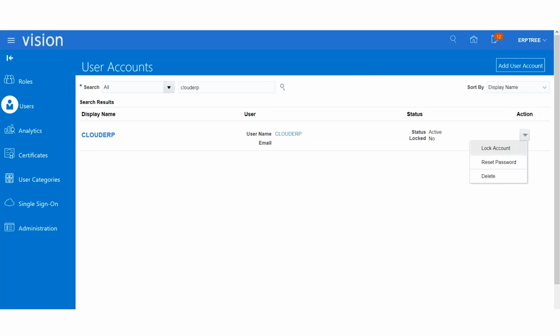Lakshman, can you hear me? Yeah, please. I can hear you. Go ahead. All right, quick question. In real life, just like how you're logged in as user ERP tree right now, would you get the initial login from Oracle Corporation? Yes, they'll create a user for our instance and share it with us. With that, you can log in, and with the same user, you can proceed with the configuration, or else you can create your own user. Okay, so we get the initial user from Oracle. Fine. Any other questions here, please?